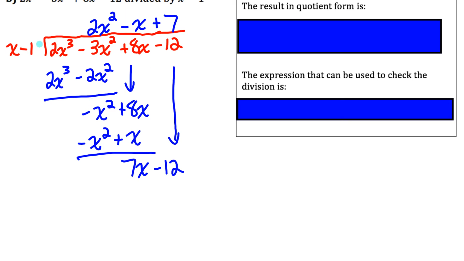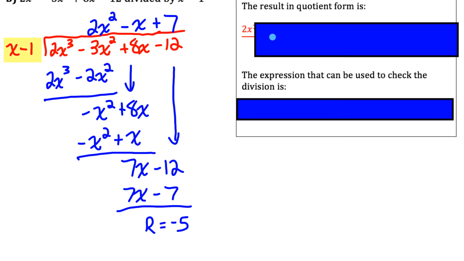Multiply that 7 by x minus 1. So 7 times x is 7x, and 7 times negative 1, negative 7. Subtract our like terms. The 7x's cancel. Negative 12 minus negative 7 is negative 5. That's our remainder. And we can express our answer both ways. Quotient form, which hopefully you're getting the hang of now. It is our dividend over our divisor